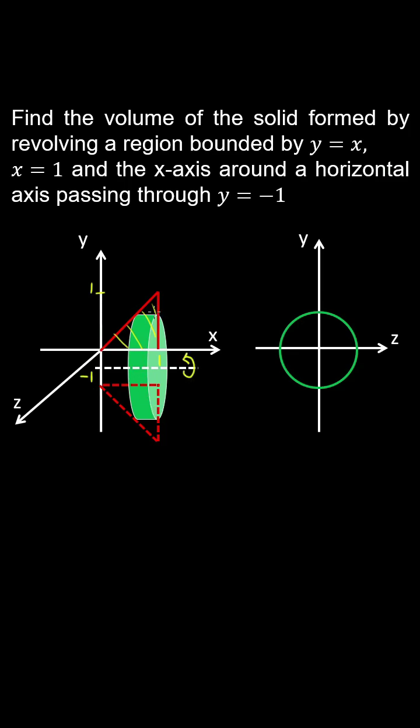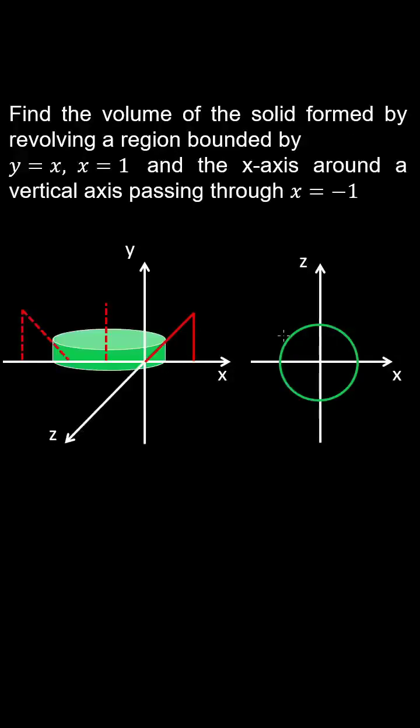And what we're going to do is use cylindrical shells, which are hollow as we can see in the yz plane. So if we multiply 2 pi by the radius of that cylinder, so that's going to be 1 plus y, and then multiplying by the length of the cylinder is 1 minus x, gives the area of the cylinder. And then we assign a thickness to the cylinder in the vertical direction, and that gives the volume of this thin cylinder, and we evaluate the integral from y equals 0 to y equals 1, and that gives the volume of the solid. So if you substitute for x from this equation, you can evaluate the integral and post your